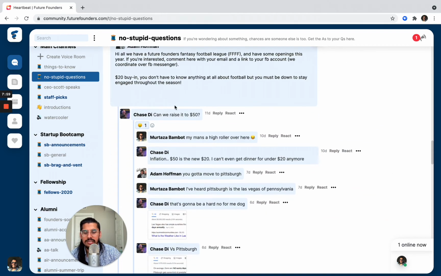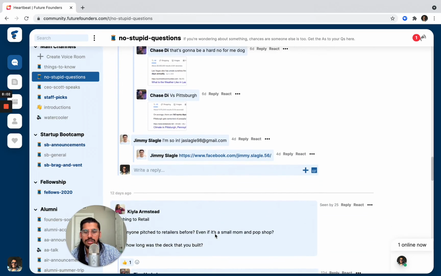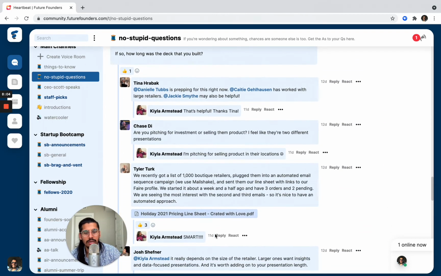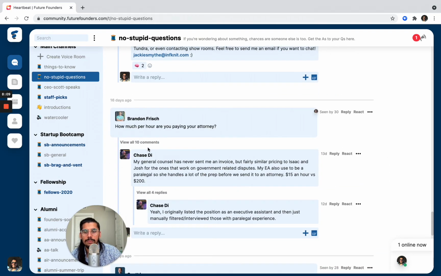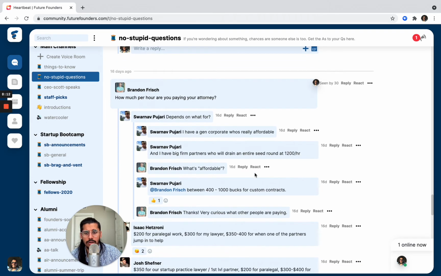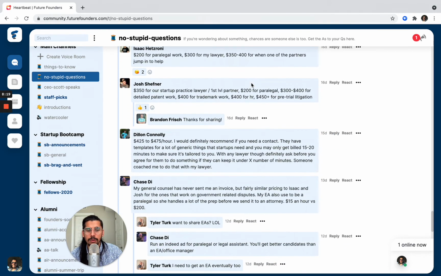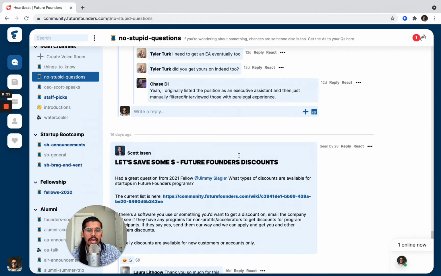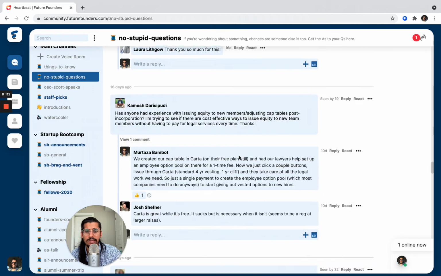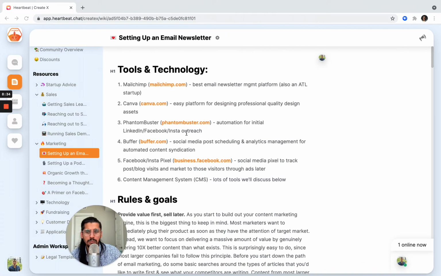And what you can see is these turn into much longer conversations and threads, where on Slack, some of this stuff you get maybe 1 or 2 responses. In Heartbeat, this kind of stuff will really bake out into a full conversation that you can jump into. And the longevity of this is really on the span of weeks, not just a couple hours, where even weeks after the first post is made, people will keep coming back and commenting on the post and continuing the conversation. So these guys use Heartbeat a ton for all of the conversational tools that are built in and giving all of their founders a place to have quick and instant chats.